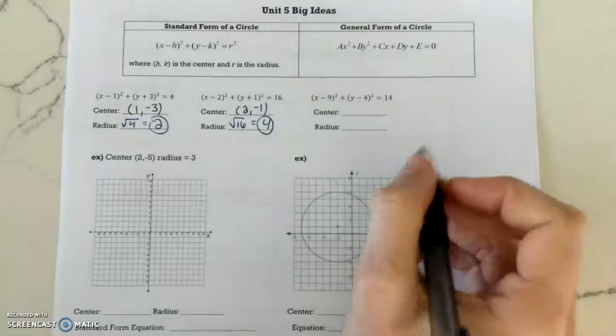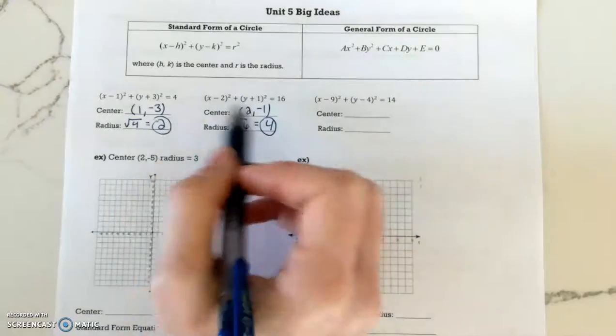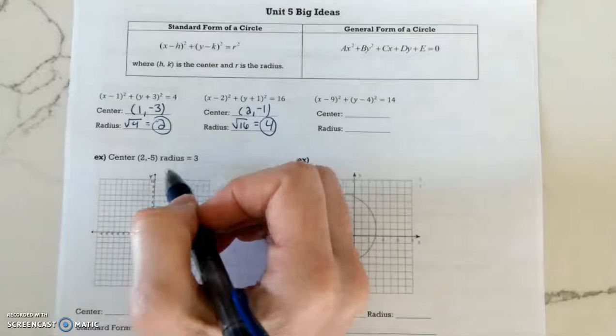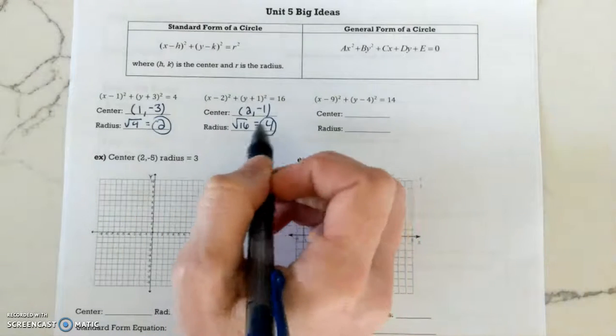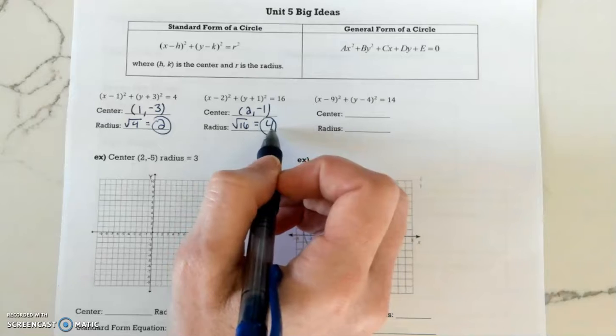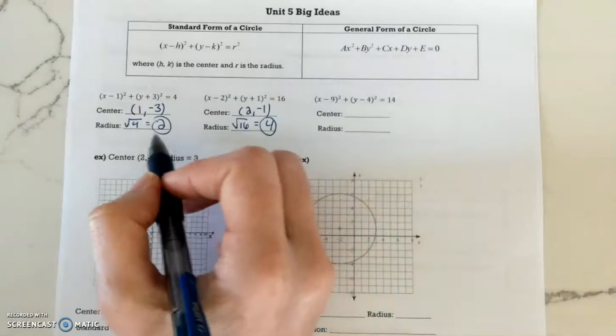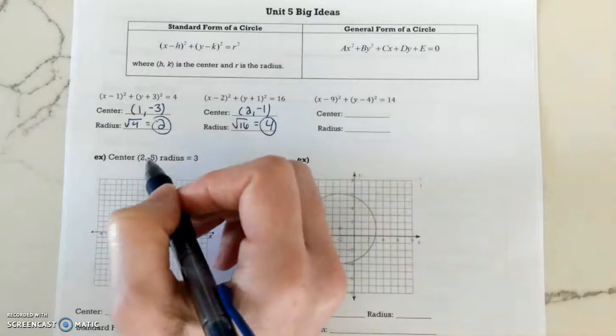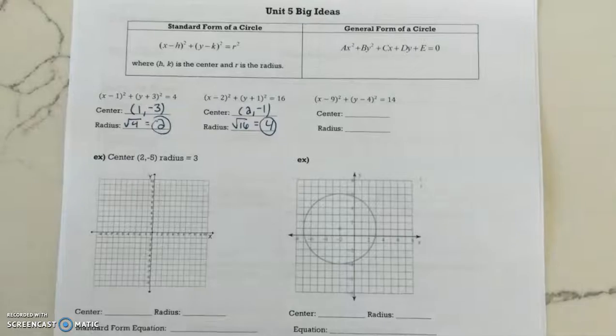Our radius is 4. So looking at it, which circle is larger, the first one or the second one? Hope you're saying second one because our radius is bigger, right? So every single point on this circle is 4 units away from the center. Every single point on this circle is 2 units away from the center. All right, the next one,